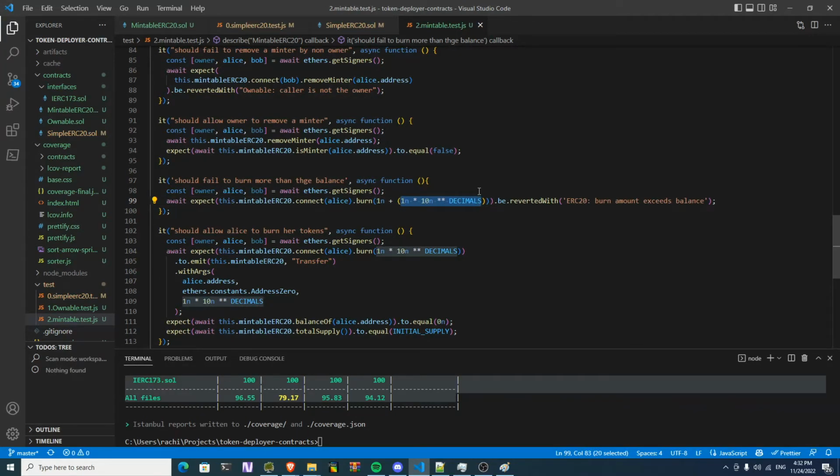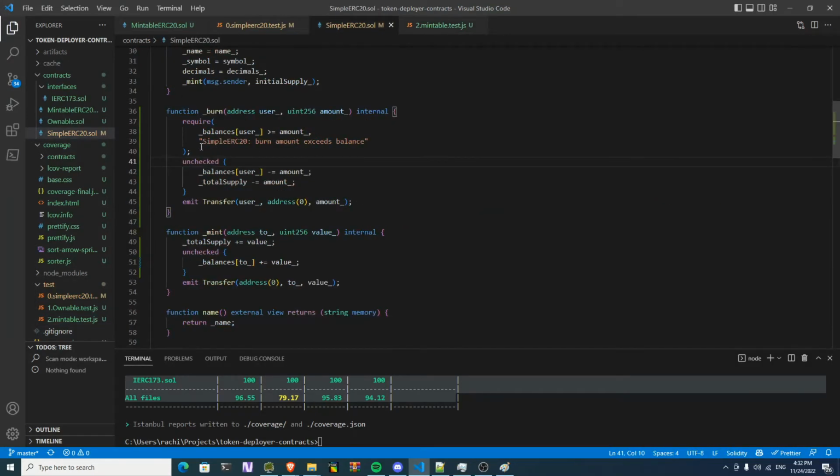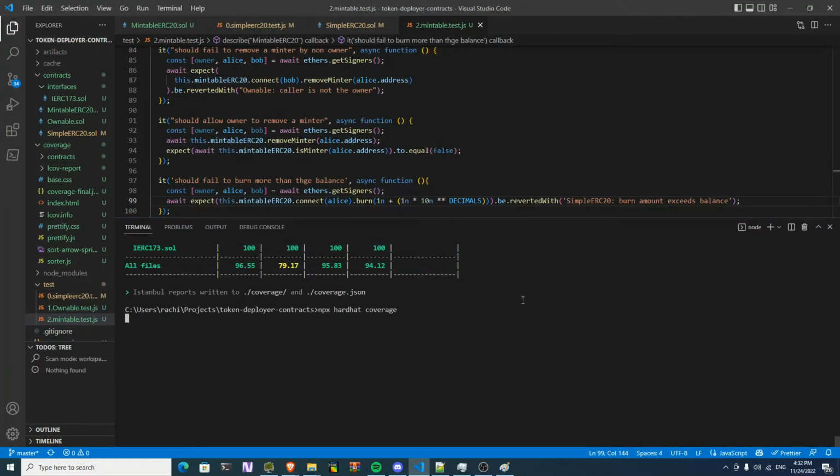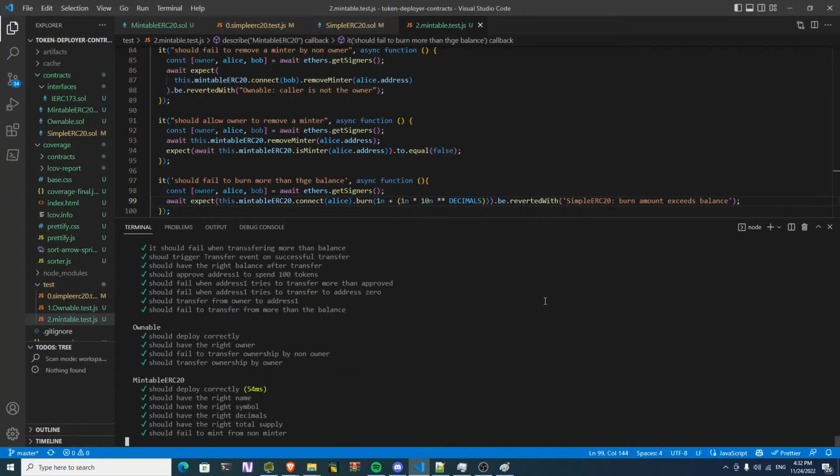So now it should be more than the balance. Let's see the error that we actually throw. Burn amount exceeds balance. So let's go back here and set it to the right one. And now let's rerun our coverage. And it should now have,